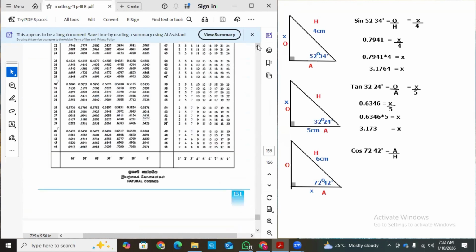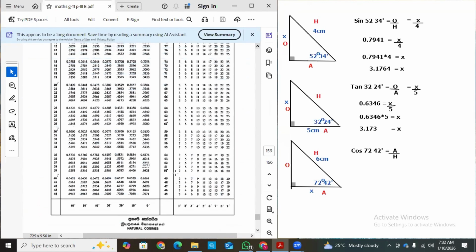So where is that 72? And the 72 is here. Right now cosine 72 is here, right? 72 and 0. 72, 42. So 72, first of all, we'll highlight this part. 72, and then 40 odds is here. 72, 40, and 72, 42. 2 is here. Now for cosines, what we have to do is we should not add, we should subtract the